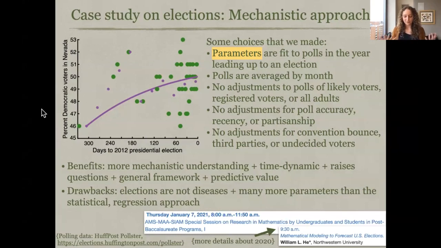And so the result of this is that we were able to forecast elections just as well as some of these other approaches. And it's moving towards a more mechanistic understanding of what's going on, where we have these differential equations, and we can now introduce, for instance, time-dependent external events into them and understand how the relationships between states are changing in time. And so I'm going to shout out to my student Will, who is going to talk about this at the joint math meeting later this week, if you're interested in knowing more about this in particular.